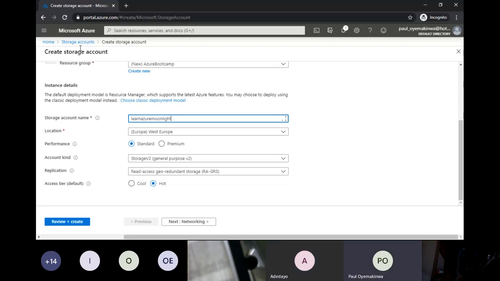Okay. Now let's say the location is West US. I explained earlier the difference between standard and premium. Okay. Now when you set your performance,